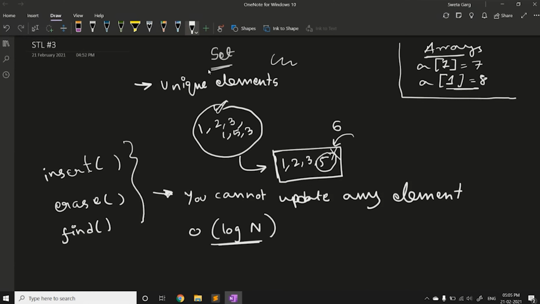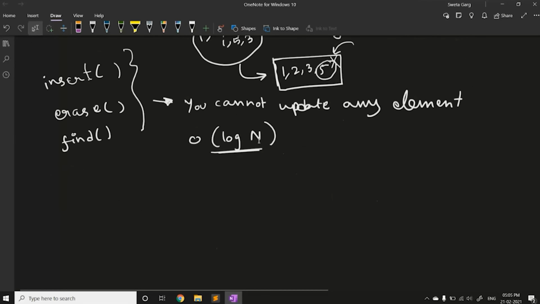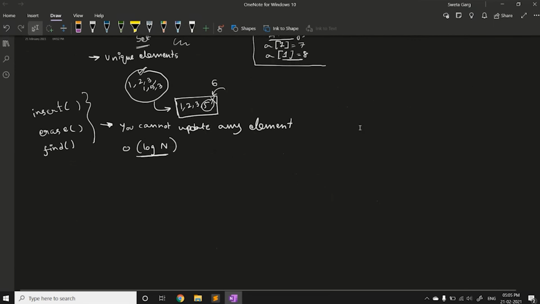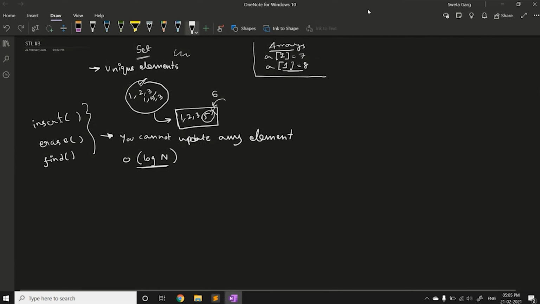Basically, one of the reasons why we use a set is that a set can keep the elements in an ordered fashion. For example, I have inserted here 1, 2, 3, 1, 5, 3. In my set, the elements will always be ordered. At any point of time, if I print the elements of my set, they will be in an ordered fashion.